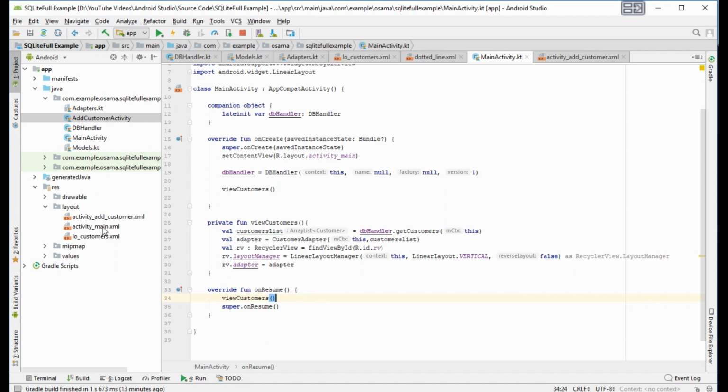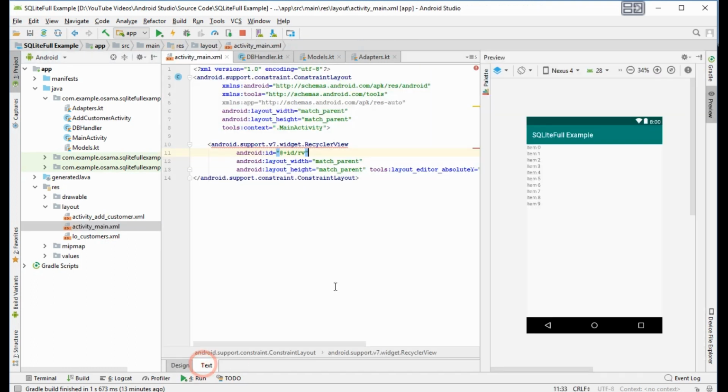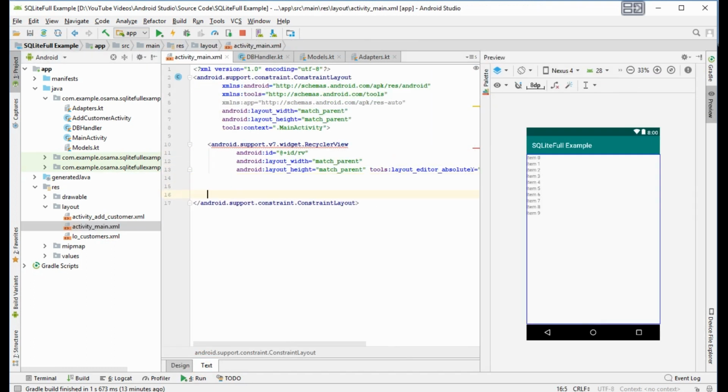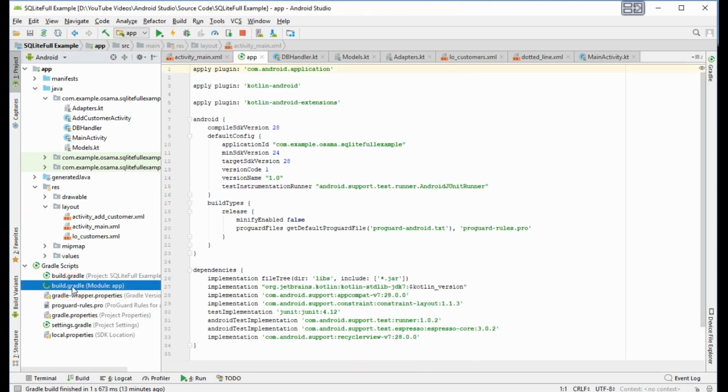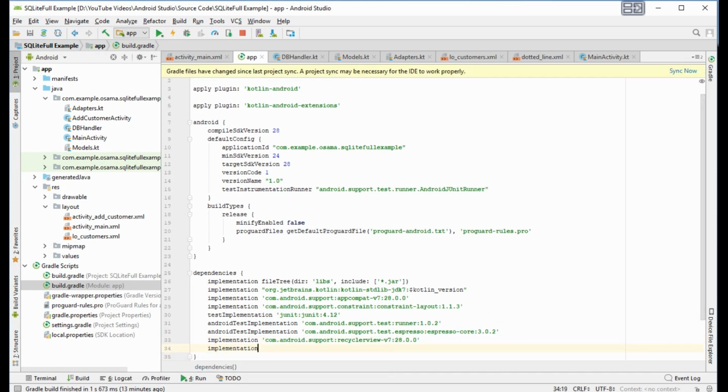Now on the activity main here, text. First we will go to the Gradle, this Gradle module, and here we will add implementation com.android.support:design:28.0.0, and we will press sync now.